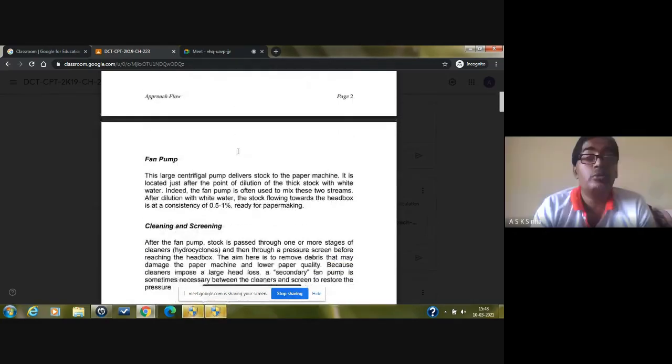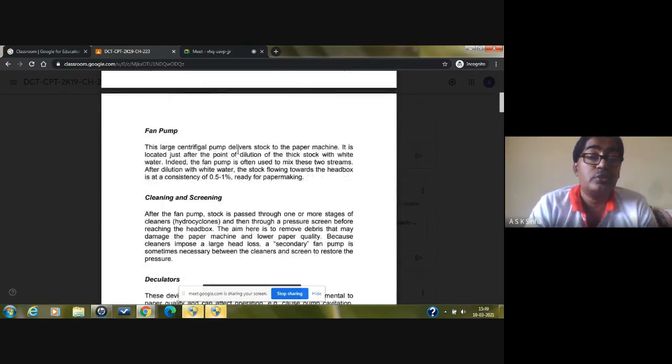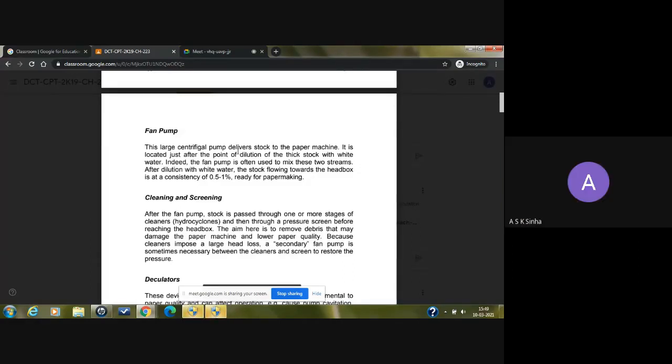Another important equipment is the fan pump in the approach flow system. This fan pump is again a very large centrifugal pump. Centrifugal pumps have an impeller and casing system. The impellers rotate inside the large casing, and because of the high RPMs, the impellers are just like fans. Because it rotates at high RPMs, it will create a lot of pressure and kinetic energy, and that will be sent to the input of the machine at high pressure and